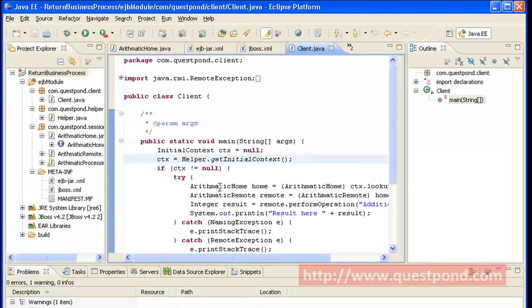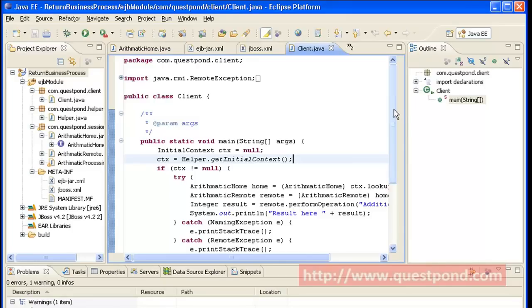Once the application is deployed, we can have a client application invoking our EJB. To keep things simple, for the first example, I create the client within the same project, within the package com.cuspon.client.